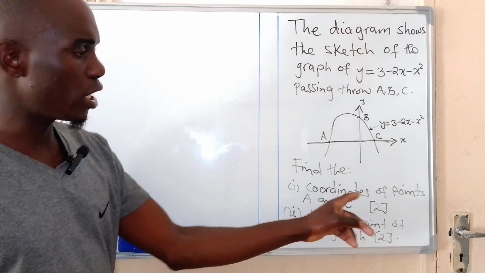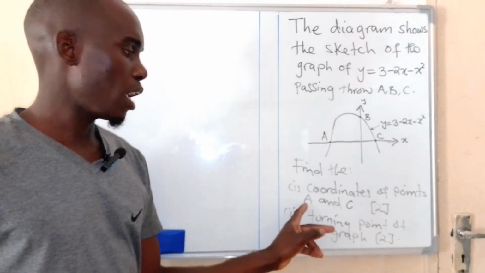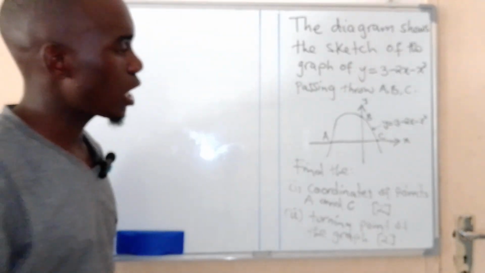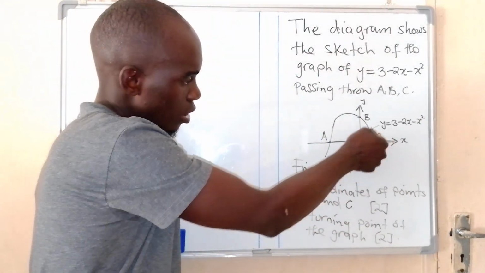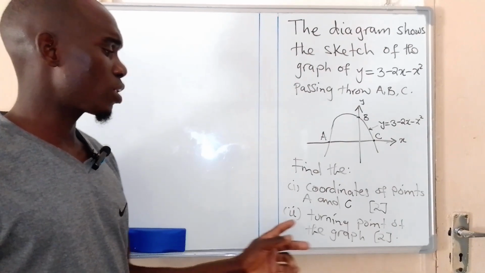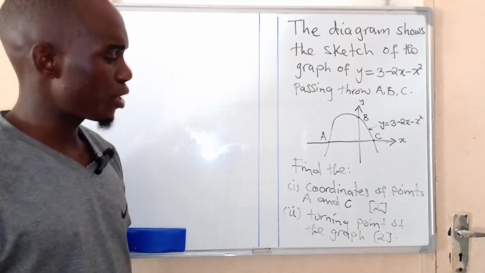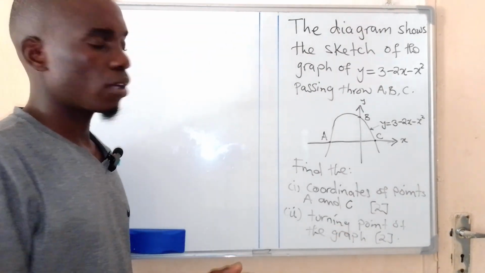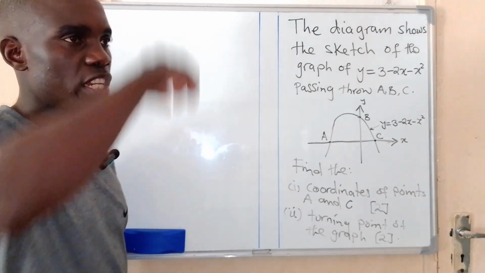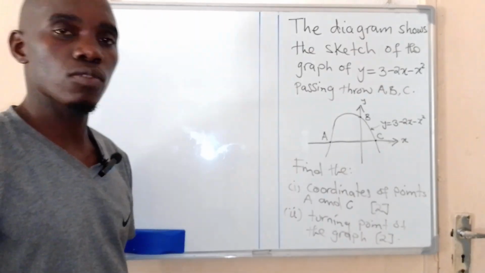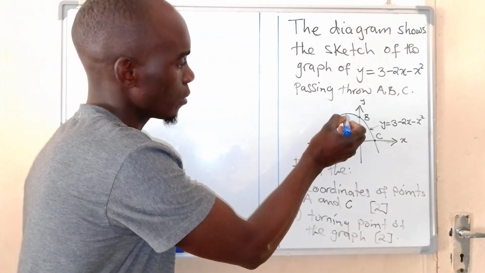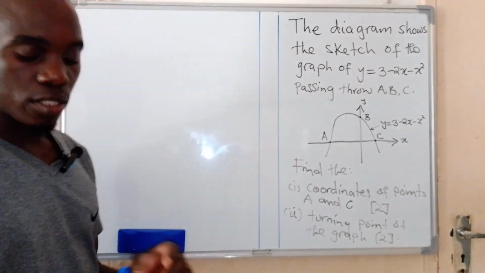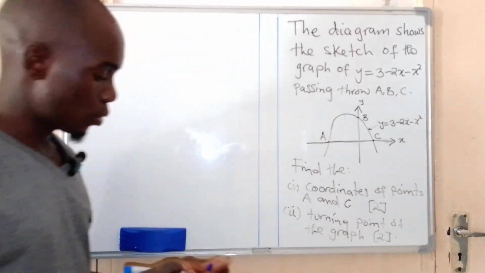Find the coordinates of points A and B. What are the coordinates at this point? And what are the coordinates at this point? The second question says, find the turning point of the graph, where it is turning. In this case, we will not have a minimum, but we have a maximum, the point right here. Right, so to start, we'll do